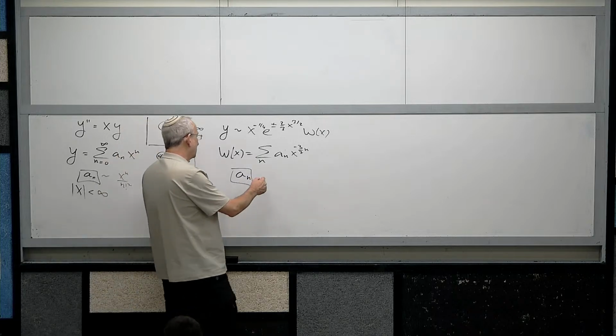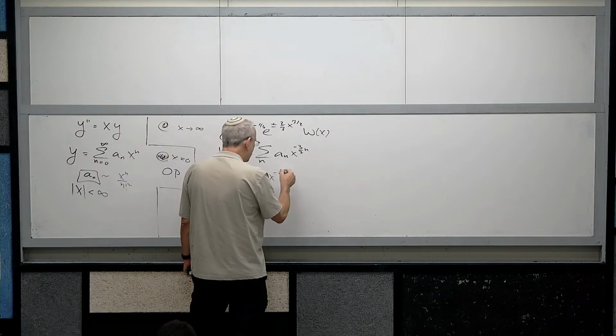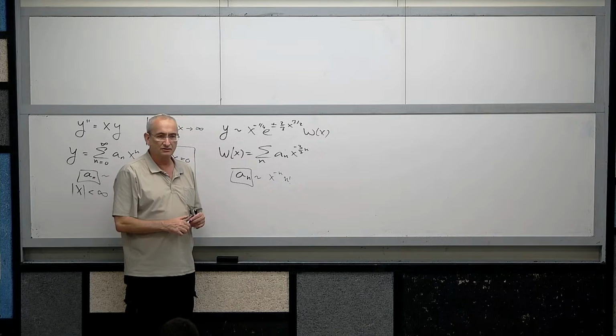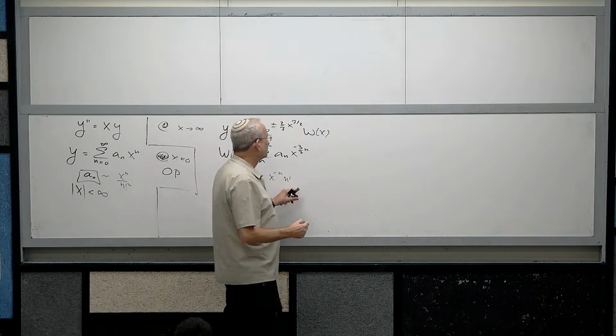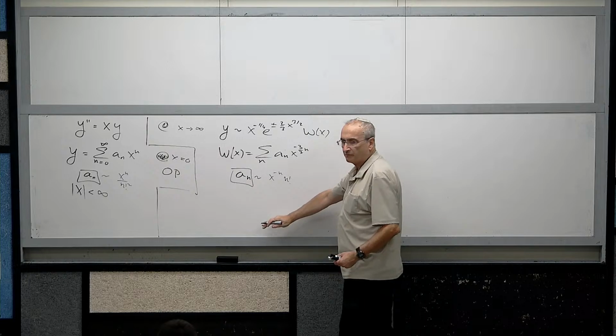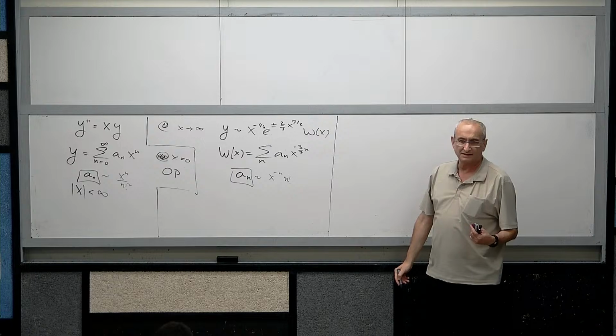And here it turns out that a_n goes like some power of x, x to the minus n, up to factors and so on, times n factorial. And the n factorial wins against x to the minus n. And therefore, this is an asymptotic series, and we tried to make clear the difference between an asymptotic series and a